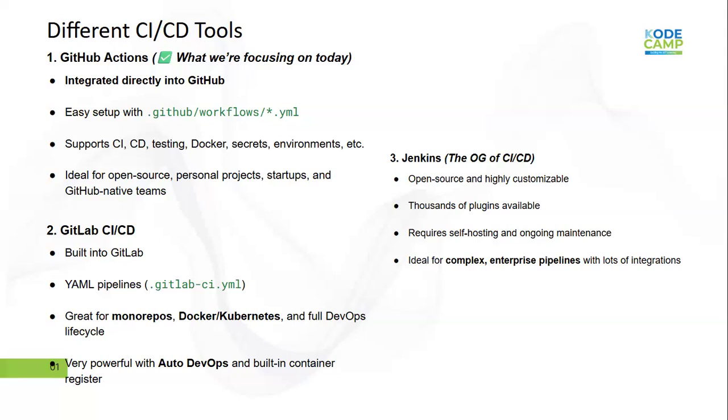It's very customizable. Like I said, you have to install it by yourself. You have to either install it in a Docker container or you install it on a server, and it needs like 4 gig of RAM and all those setups. It requires self-hosting and ongoing maintenance because you are thinking of how to deploy an application. You're thinking of the stability and the operations and all the monitoring of the application. You're also thinking about the setup that Jenkins is running on. So while you're thinking of the application, you're thinking of the CI/CD at once, which GitHub Actions and GitLab CI came to eliminate.